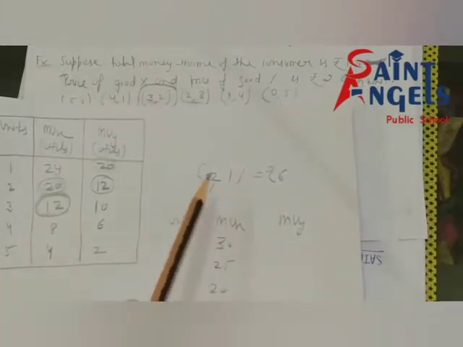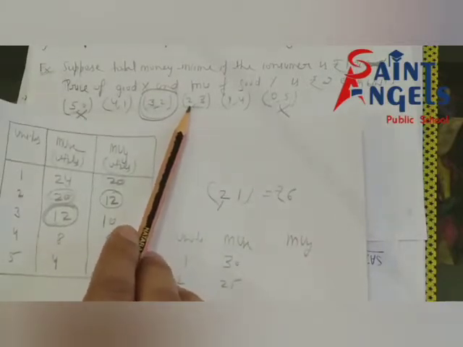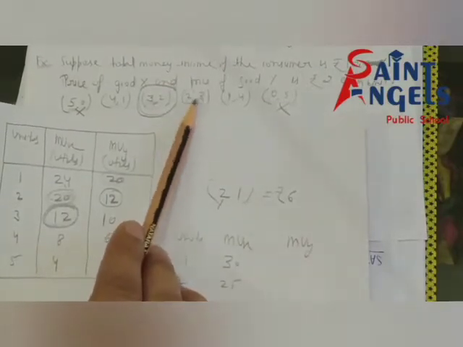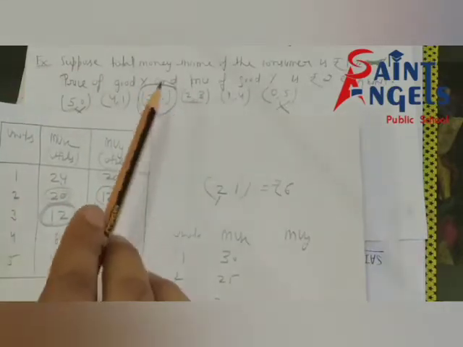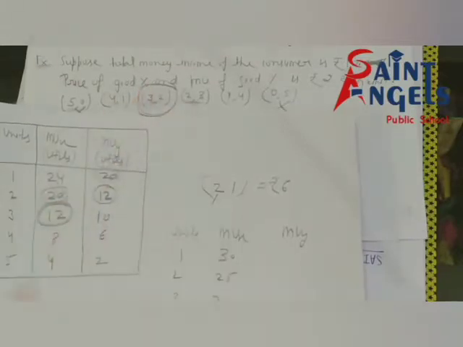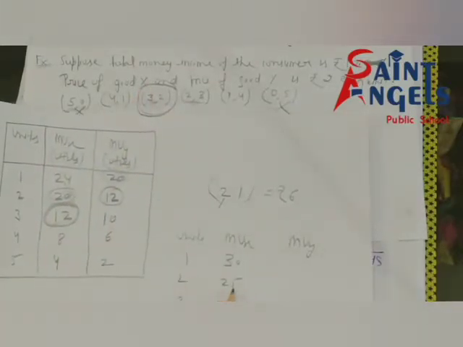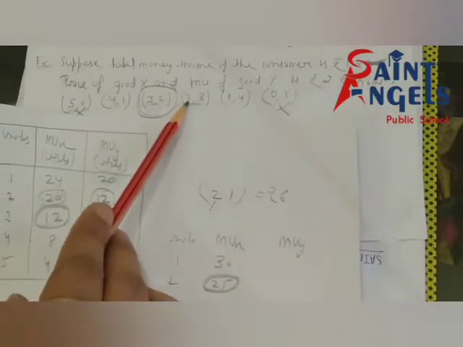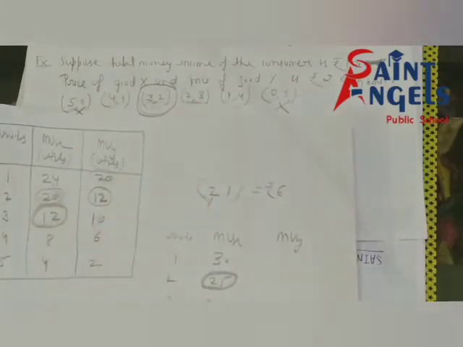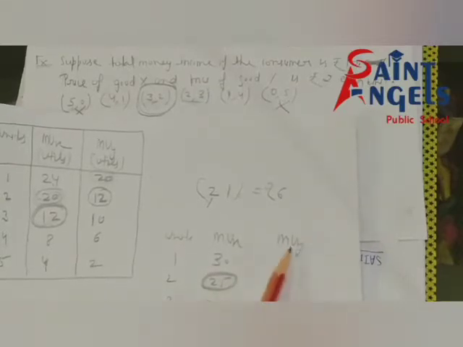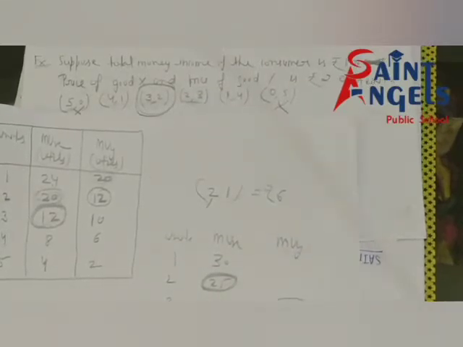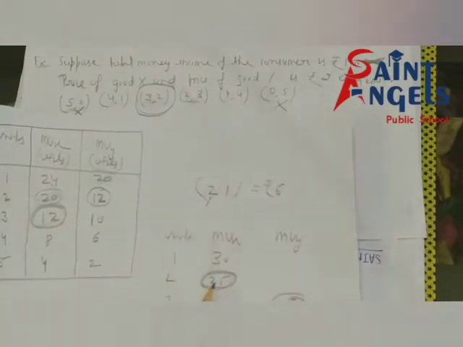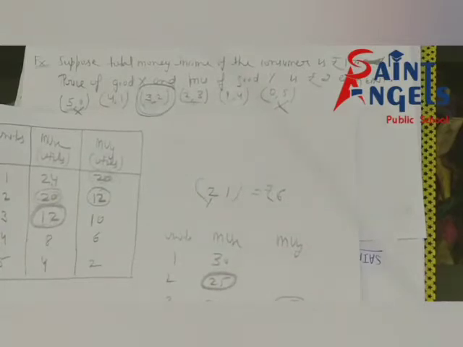Now I'm using this combination, 2 units of good X and 3 units of good Y, and I'm showing consumer equilibrium by using it. At the second unit of good X, marginal utility is 25 utils, so I will take 25 for the 3rd unit of good Y as well. The same value 25, on the second, and for the third it will be the same 25.